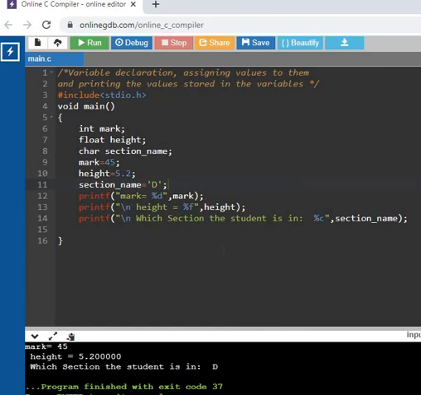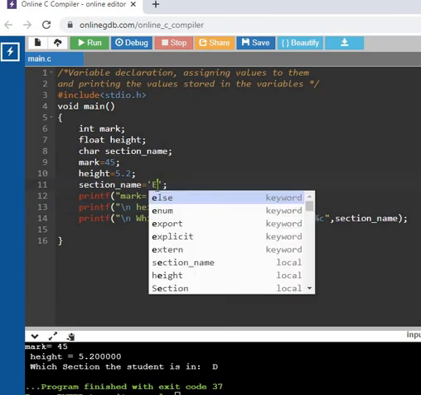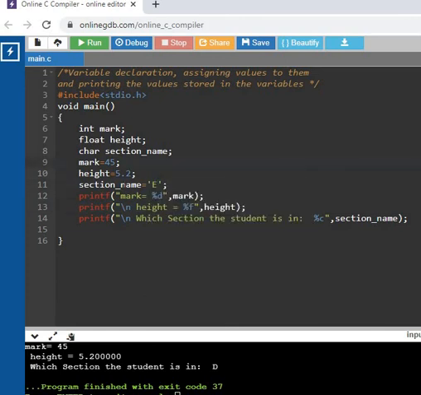Okay, so in this video you have learned to declare variables of integer type, float type, and character type, and you have learned how to assign values to the variables. Even if you want to change the values, you can change them. If you want to give the value E here, you can change section name to E. If I want to give the height as 6.2, I can give it.